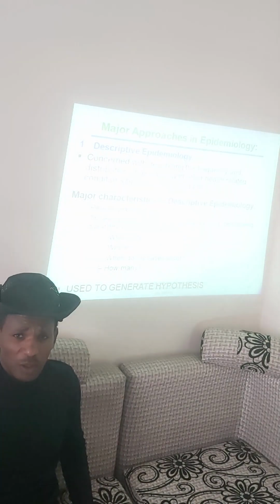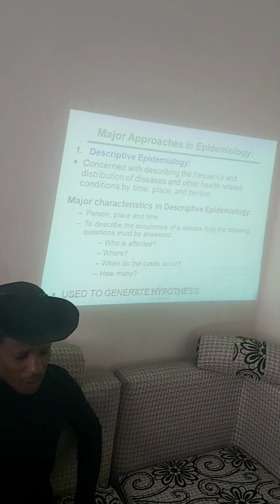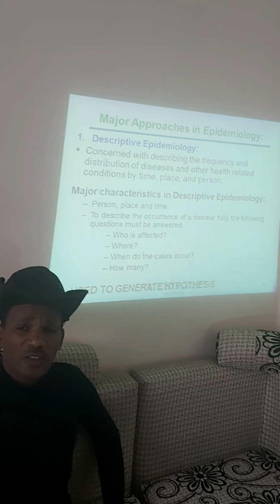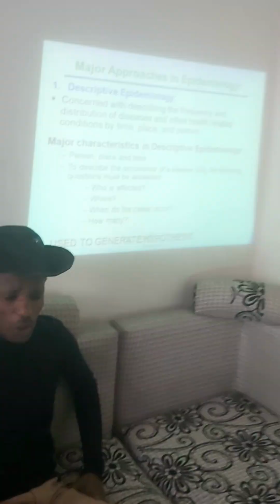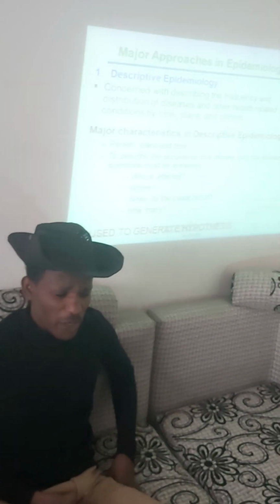As far as epidemiological science, there are two types of epidemiological study: observational study and interventional or experimental study. In observational studies, there are two parts: analytical observational study and descriptive observational study. But as approaches in epidemiology, there are major approaches